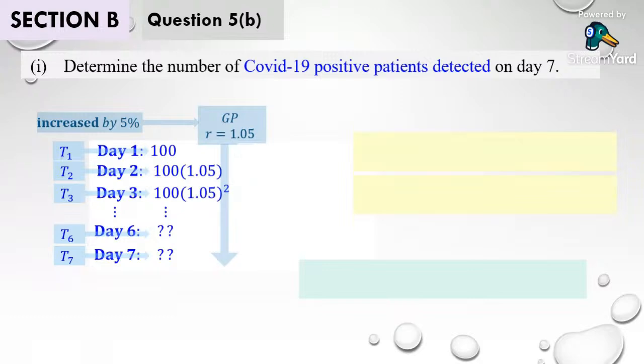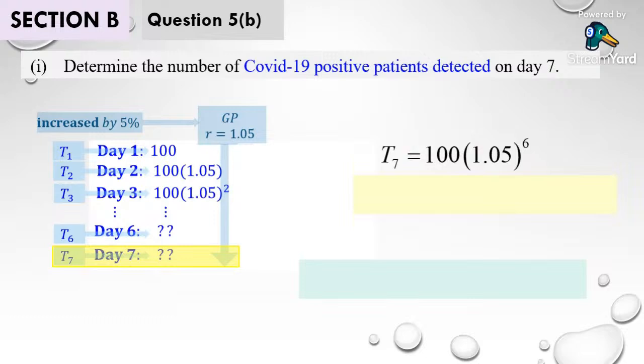Tapi this one saya highlight bahagian yang buat pembetulan to be clearer to state that is COVID-19 positive patient detected. Okay. So go on. Anyway, we just want to know the amount of patients on the 7th day. That means in this case here, we want to find out what is T7. To get T7,